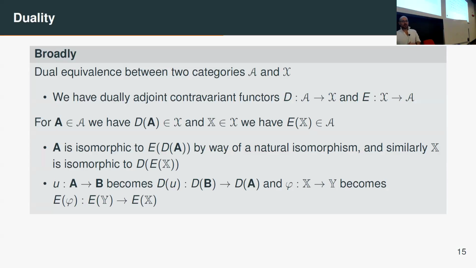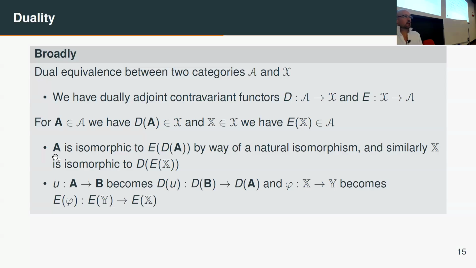So what is a duality? It's supposed to be a dual equivalence between two categories. So in this case, it will actually be semilattices, and it would suffice to be finite semilattices and finite semilattices. So it'll be the same category. And we have these dual contravariant functors. What does that mean? It essentially means what the rest of the slide says. So given anything in the first category, the dual will lie in the other category, and given anything in the other category, the dual of that will lie in the first one.